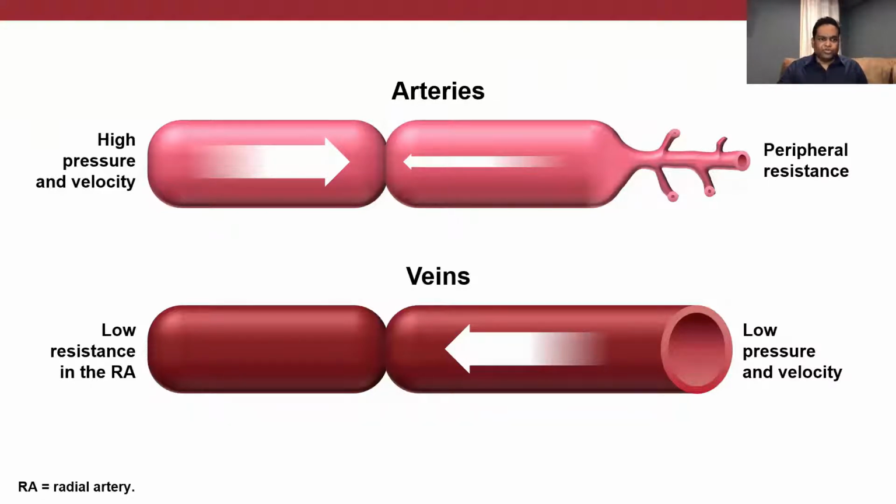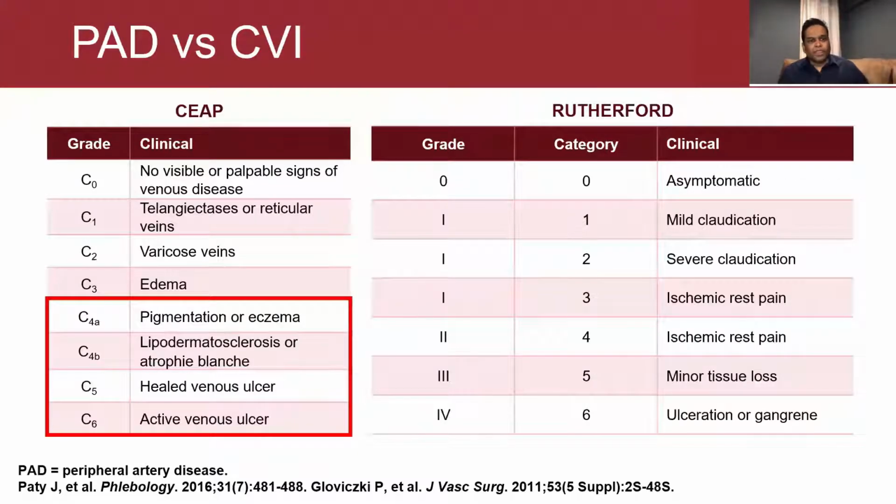Important to remember for folks who are starting out in venous disease. When you look at the presentation of venous disease and arterial disease, however, similar to the CEAP classification we talked about, which has C0 through C6, Rutherford also is graded from C0 through C6. While the earlier forms have some similarity, the later forms actually have a significant amount of similarity with patients with significant discomfort from C4 through C5, similar to the Rutherford 4 and 5, and then venous ulcerations similar to the